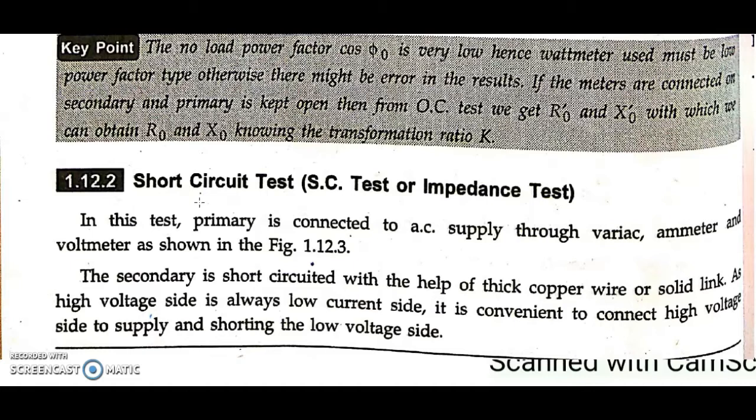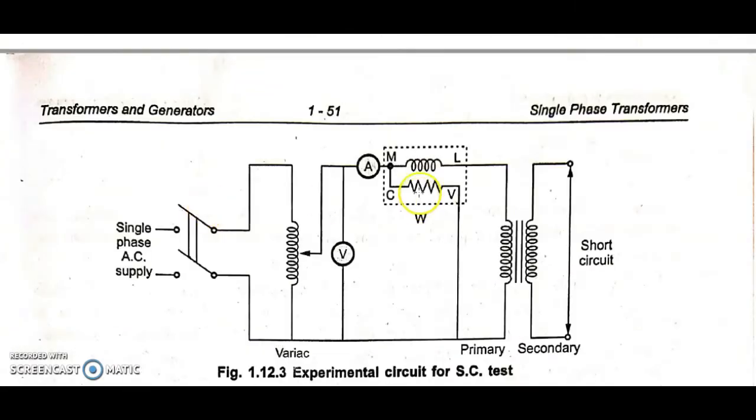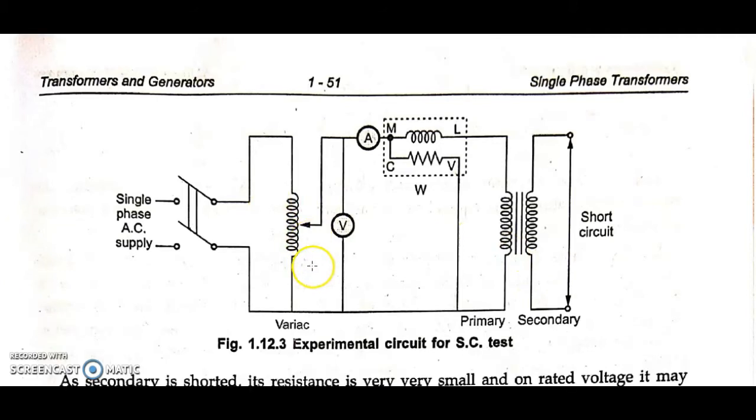Step-down transformer in the sense that N1 will be greater than N2. That is, the number of windings in the primary is greater than the number of windings present in the secondary side. Here you can see, it must have been shown here like this. This is a generalized diagram, but make sure you conduct the experiment on the step-down transformer. The number of windings in the primary should be more, and the number of windings in the secondary should be less.